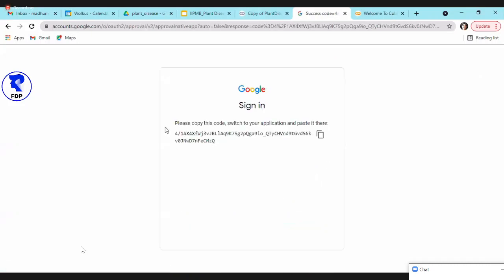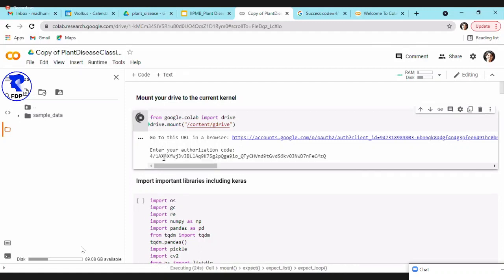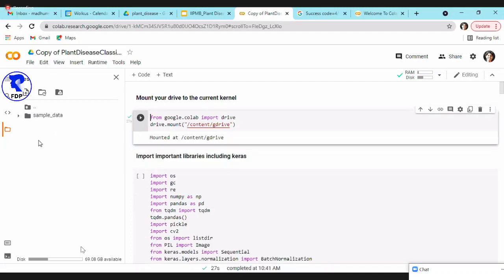And here there will be a code. Copy this code, go back here, paste the code here, and hit enter. So what it will do is it will load your drive here. So if I refresh this, now you see I can see my Google Drive. So now I can access the data that is in my Google Drive. Okay, so that's the first step in this code.